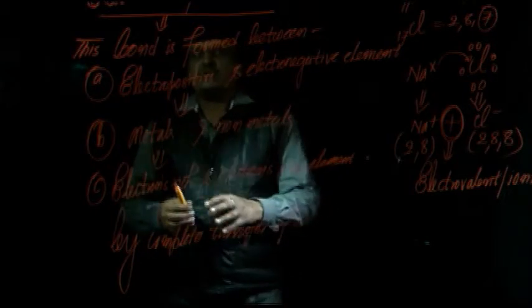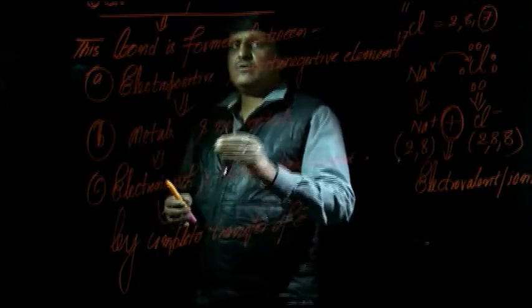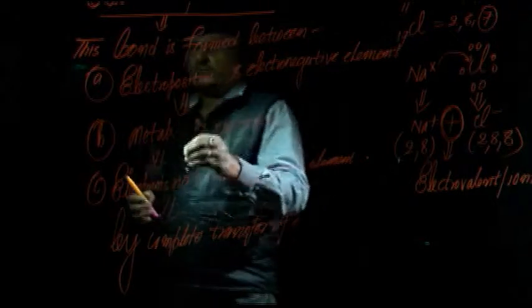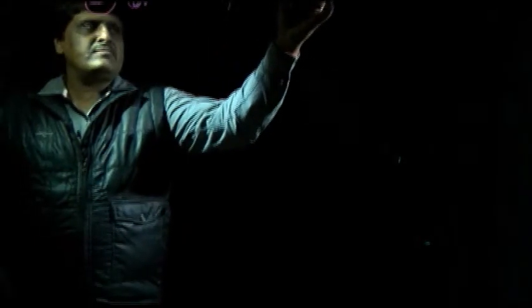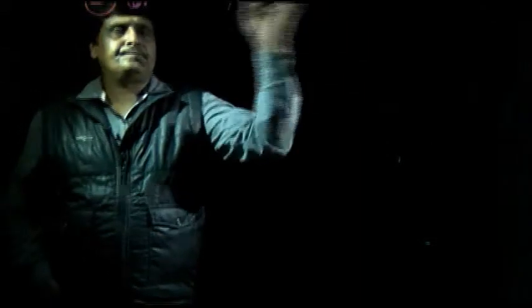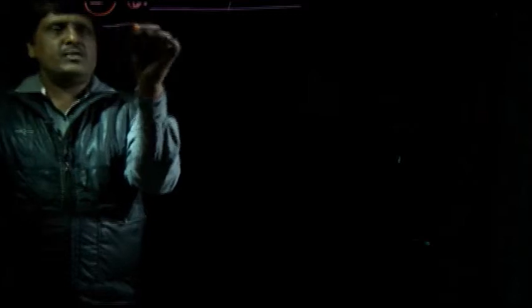Now, the second bond is the covalent bond. So, let us start this covalent bond. The second bond which is very important is the covalent bond. It is also called the dative bond. How is this bond formed? This bond is formed